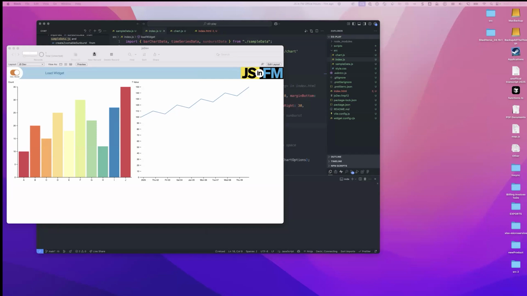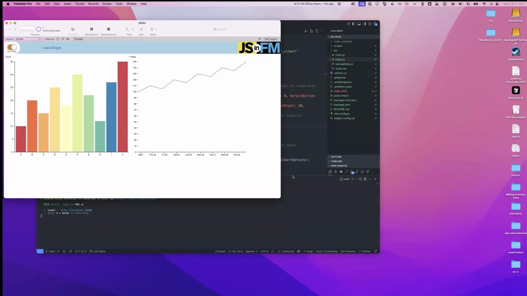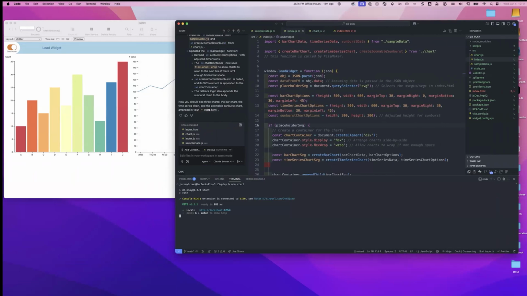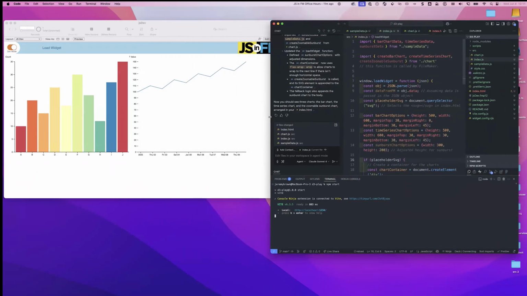There are a lot of people who talk about using JavaScript and FileMaker. They don't use those words. I've kind of almost trademarked those, but not quite. But the way that I work this, let's see if I can close this,